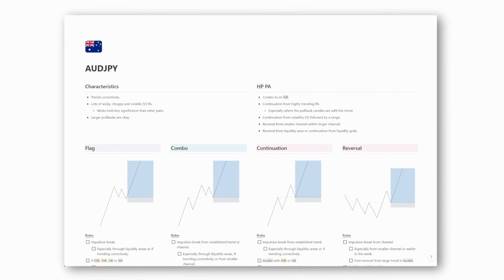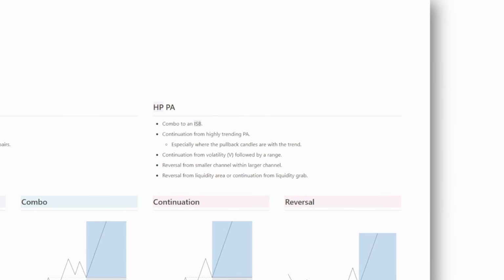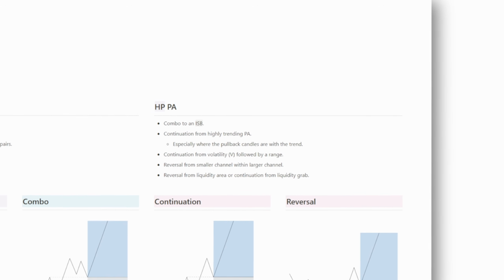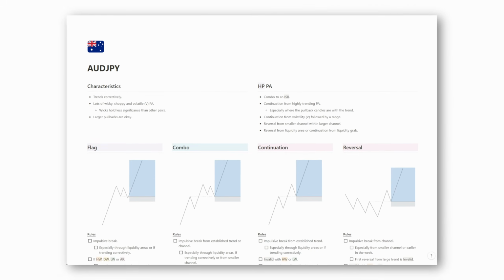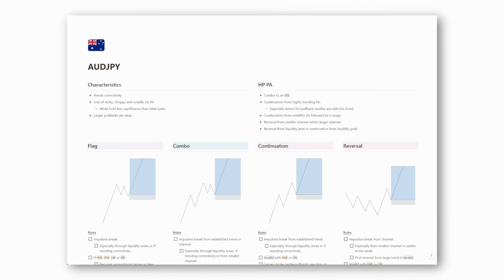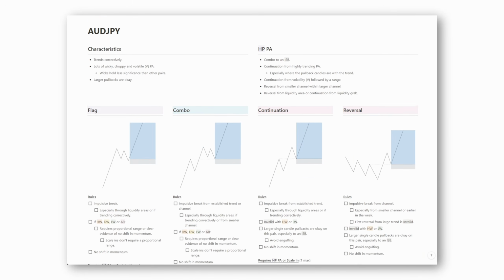I've also got high probability price action for the pair. I've got generic ones like a continuation pattern from really trending price action, or a reversal from a smaller descending within a larger descending. Those are great on every pair, but I've got more specific details as well, like a combo, for example. Combos on AJ work out better than any other pair probably, and especially when it's coming from an inside bar. I've got all the patterns that I trade here as well, so let's look at the continuation,